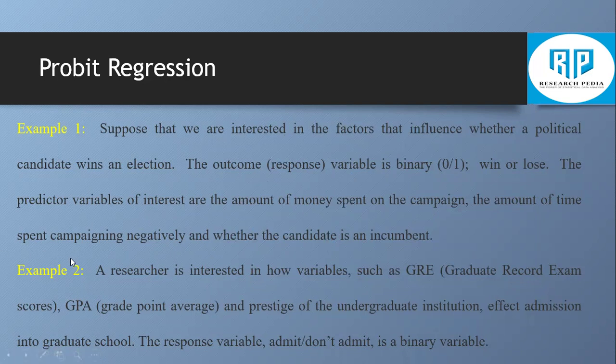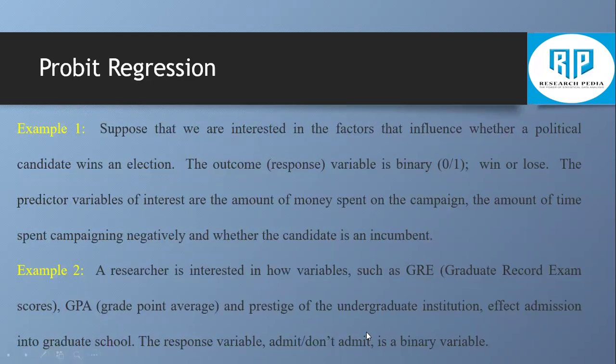The second example that we are going to discuss here, and on the basis of it, we will consider the execution of Probit regression using some data. Here is a researcher interested in how variables such as GRE, which is graduate record exam score, GPA, that is grade point average, and prestige of the undergraduate institution affect admission into graduate school. So we are going to consider whether a student is going to get admission into a graduate school